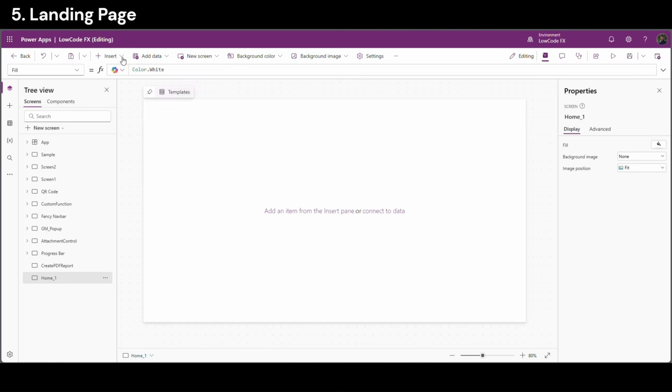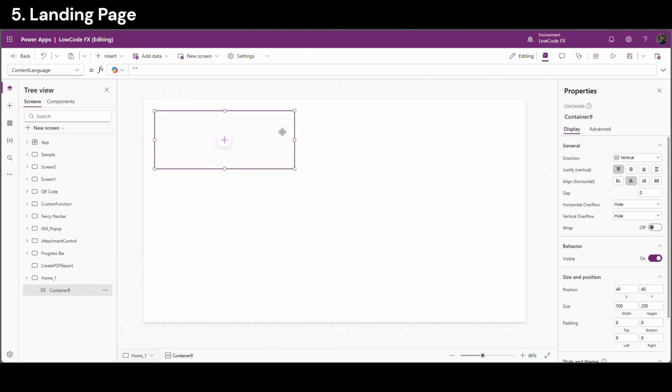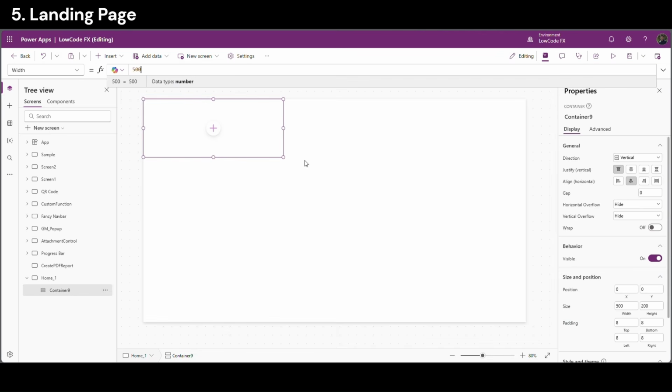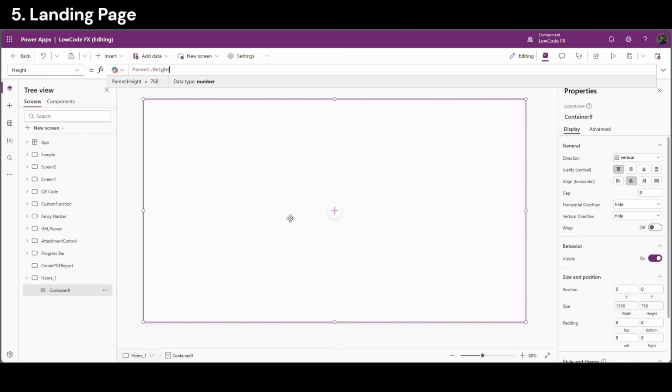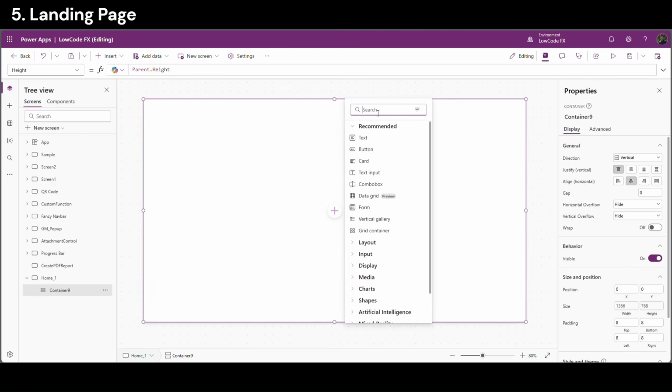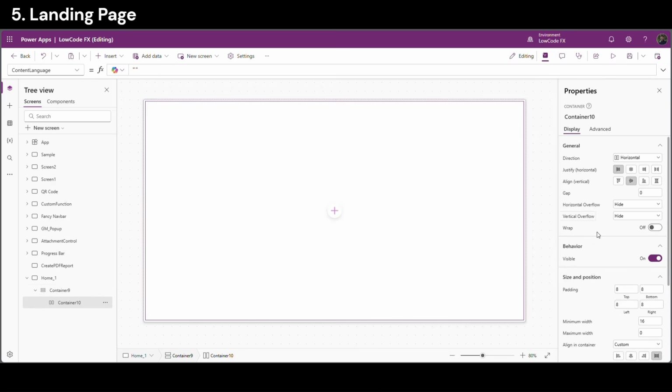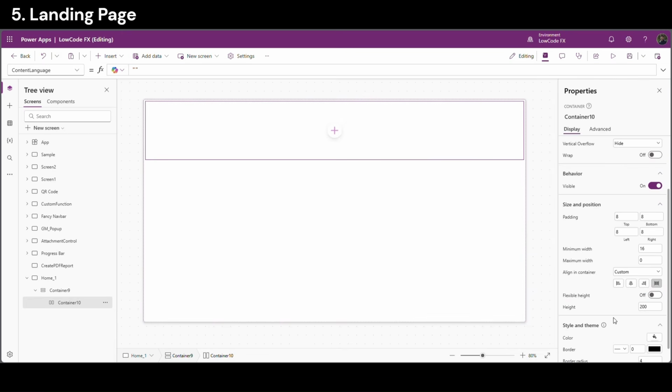Let me add one vertical container, x0 y0, width parent width, height parent height. Yeah, here I will need one title container. I will use horizontal container. Height, I will set height as 70. Yeah, let me remove the padding,